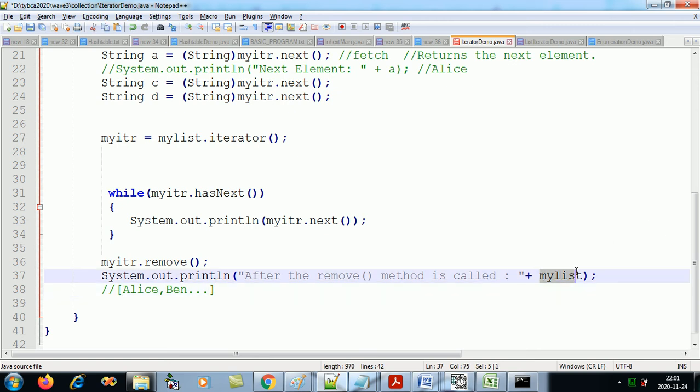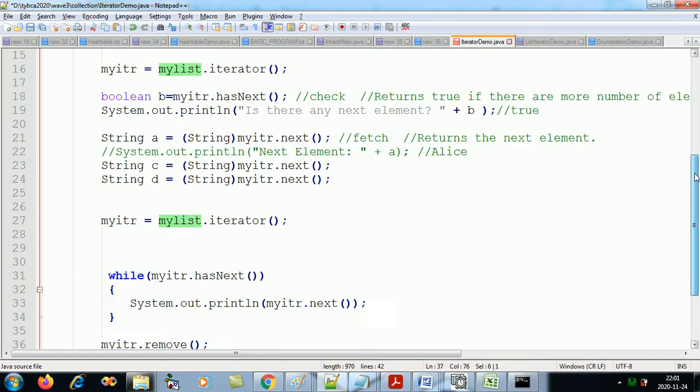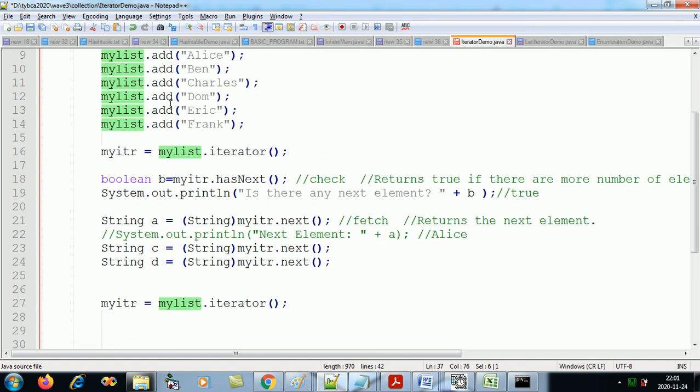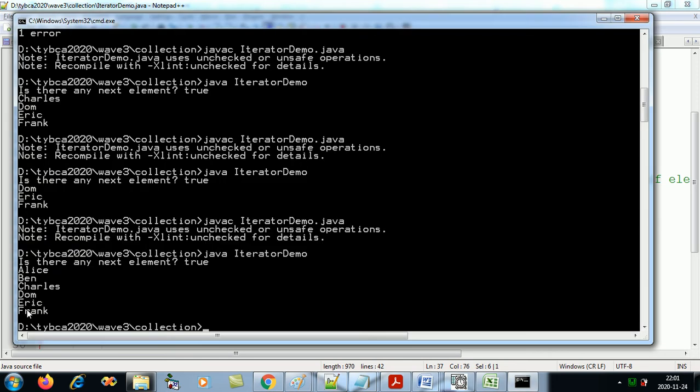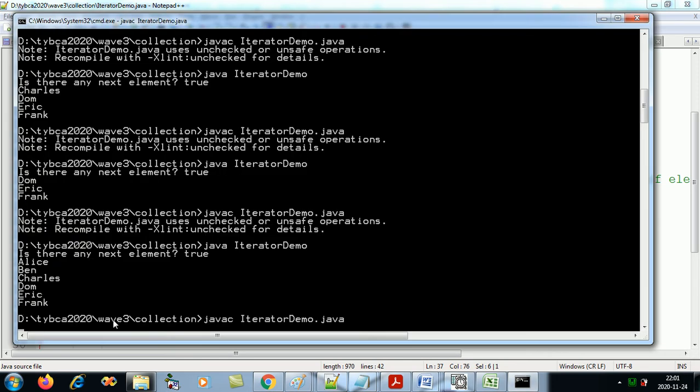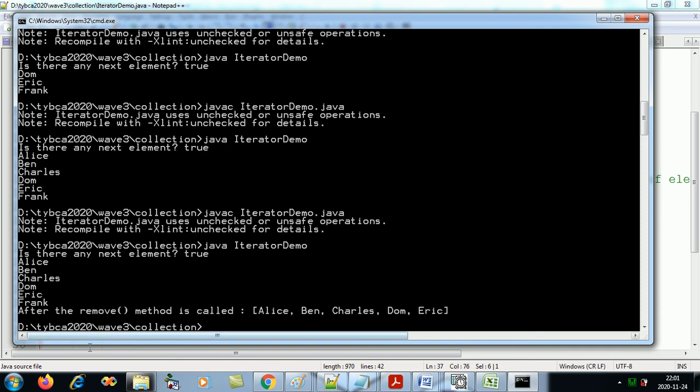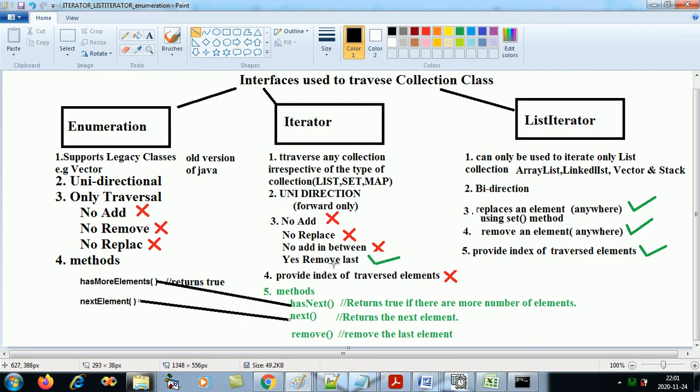So I can just display my list. So if I say remove, it will remove the last element, Frank. Now before that I could see Frank; I compile this and I run. After removal there is no Frank, so it can remove from the last. So these are the methods: hasNext, next and remove.